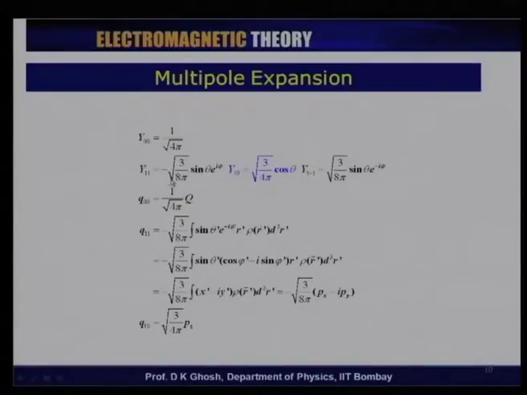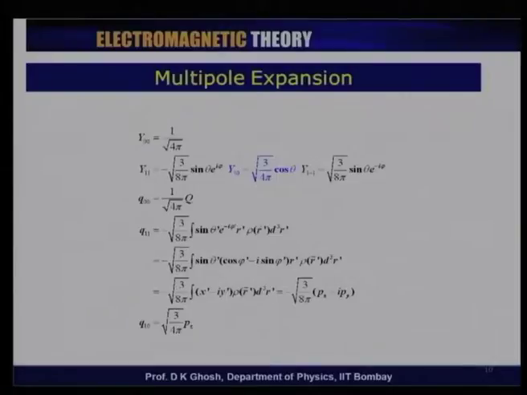So, you get Y_11 is square root of 3 by 8 pi with a minus sign, sin theta e to the power i phi, but Y_1,-1 will be (-1) to the power 1, which is plus, and e to the power i phi will become e to the power minus i phi. Y_10 is this, and we had earlier seen how Y_2's 5 components are written down. Now, let us look at what it implies.